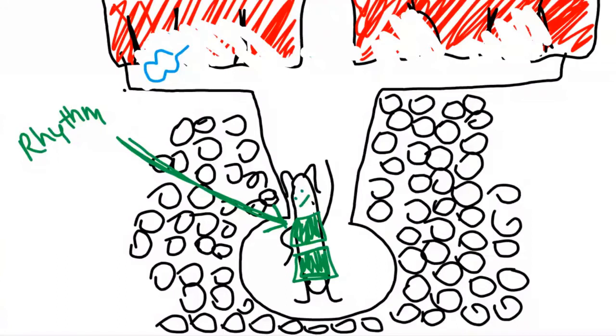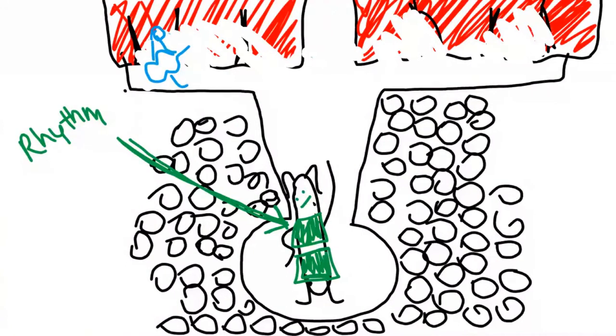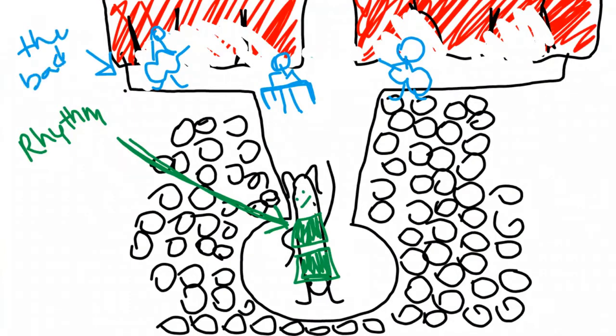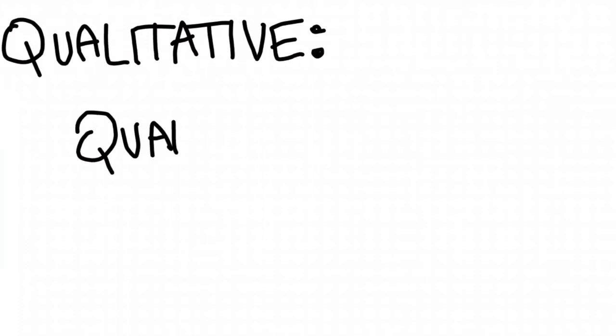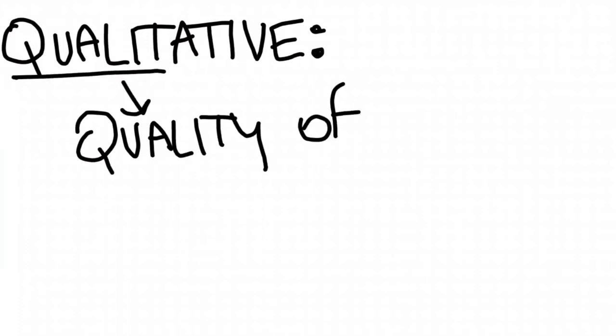You can put in musical instruments in the background or anything like that to really bring the rhythm out, to make the rhythm pop, but you don't need it. There's rhythm in just the words on their own. And in English, how we do this is we do it with something called stress. English meter is based on stress. And for this reason, it's known as a qualitative meter. Qualitative coming from the word quality because it has to do with the quality of the sound you're producing at any given point. So what is stress?